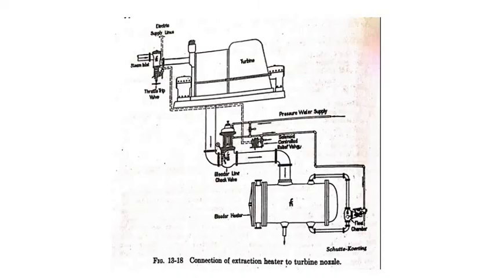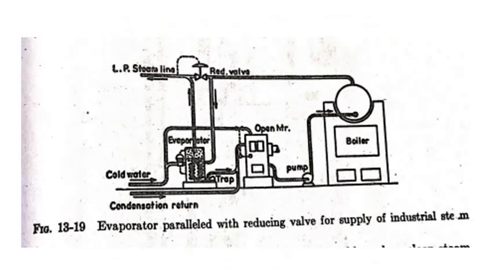The figure shows the connection of extraction heater to turbine nozzle, and next would be the evaporator paralleled with reducing valve for supply of industrial steam. The next figure would be the two effect parallel fed evaporator plant, showing interconnecting piping and automatic devices for maintaining constant water